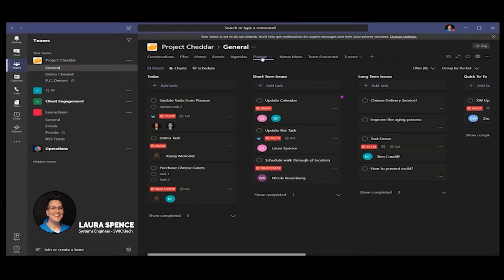One of the really nice features of Office 365 is Planner. Planner is a Kanban-style task management platform, and what it allows for is you to create buckets. So you can see that we have a to-do list, a short-term, a long-term, some quick items, and what this is great for is when you're having a meeting with a few other people, you can create a planner for that specific channel, and during your meeting you can make it a working meeting. So no longer do you need to take minute notes and send a follow-up email outlining the next items and the agendas for next meeting. You can just create a task while you're meeting